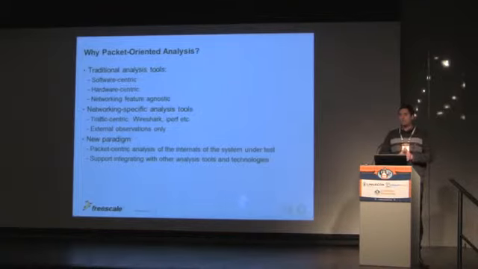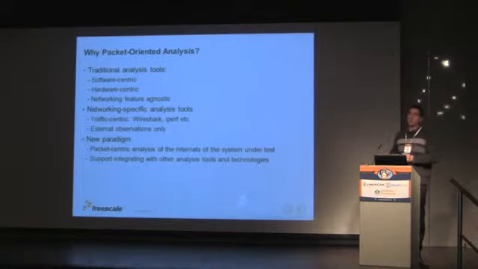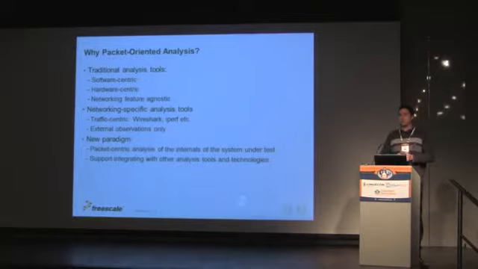There's also a set of networking tools, such as Wireshark, for example. Now, these tools tell you what happens with the system when the system is seen from outside. So they'll be able to tell you what is the throughput on a particular interface, or what are some statistics that have been computed by looking at the log of the network packets. But these tools don't give you any insight into why you only had 50% of the throughput that you were expecting. So this is why we believe that there is a need for a new type of tools,